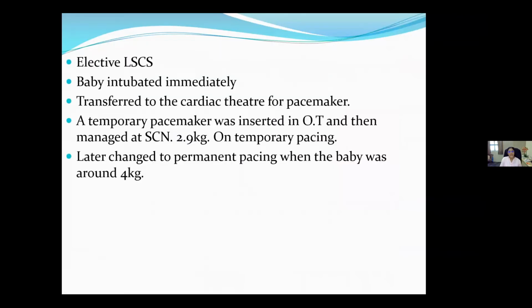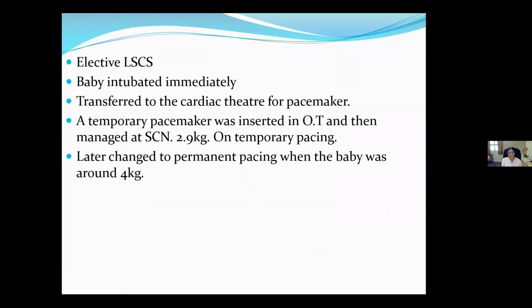So elective cesarean section was done. Baby was intubated immediately and transferred to the cardiac theatre for pacemaker. A temporary pacemaker was inserted in the operation theatre and then the baby was managed at special care nursery. The birth weight of the baby was about 2.9 kilo. Initially, the baby was on temporary pacing, but later it was changed to permanent pacing when the baby was around